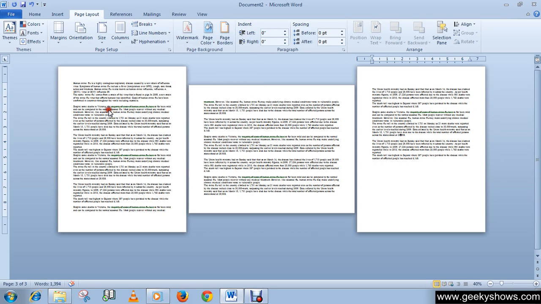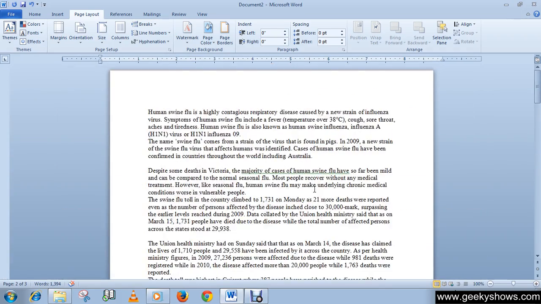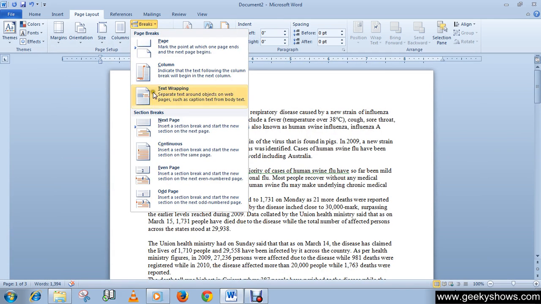Now we will see the Continuous option. The Continuous option allows a new section to begin from the next line of the same page.